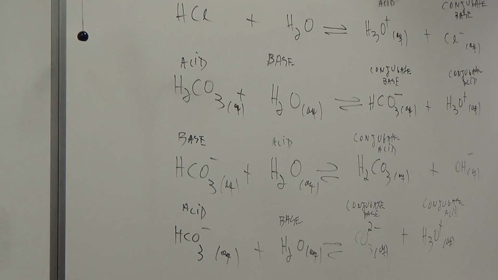Now, does that mean that these are the only strong acids known to man? No. This is the list that most people give in a class like ours, okay? There are other strong acids, but in this class,